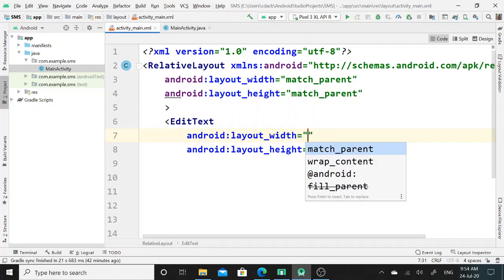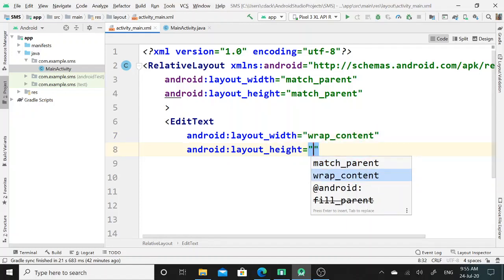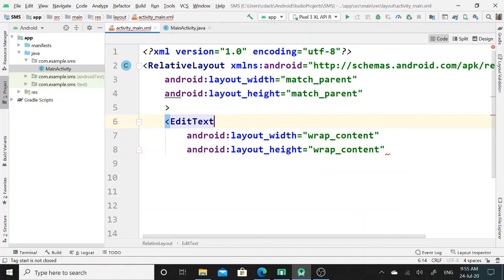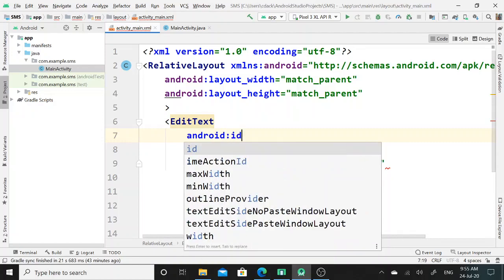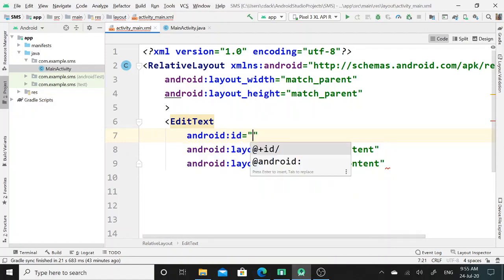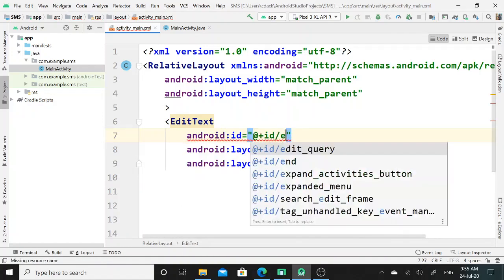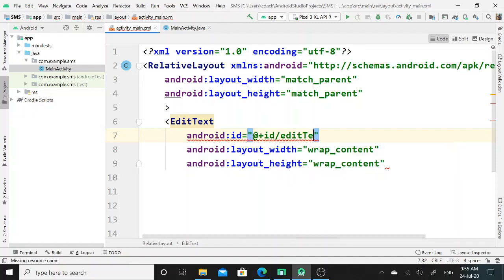Layout width for this edit text tag will be wrap content, and height will also wrap content. I will set ID for this edit text tag over here. ID is edit text 1.